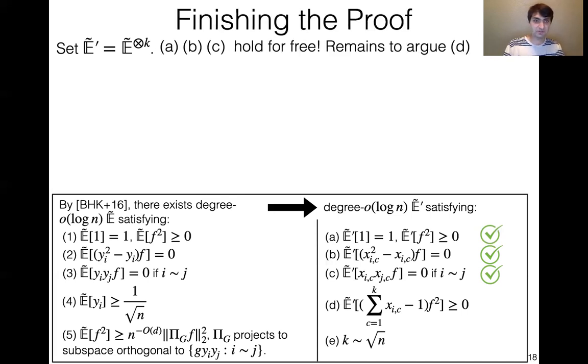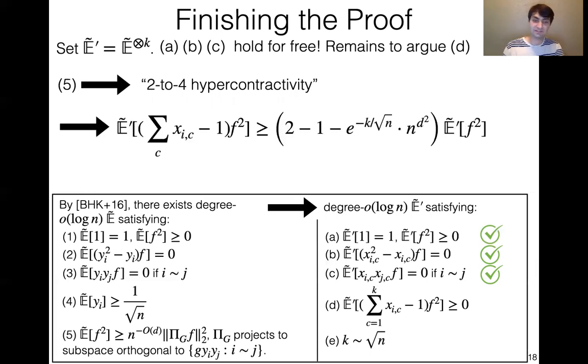We know A, B, C hold. Remains to argue D. And we do this by showing this eigenvalue lower bound, this mysterious property 5, implies a 2 to 4 hypercontractivity for E tilde prime. And then this gives us the following equation, which essentially is saying that this thing we're trying to show is greater or equal to 0, it's at least 2 minus 1, or the minus 1 is exactly this thing that we're subtracting off, minus this e to the minus k over root n that we saw earlier,